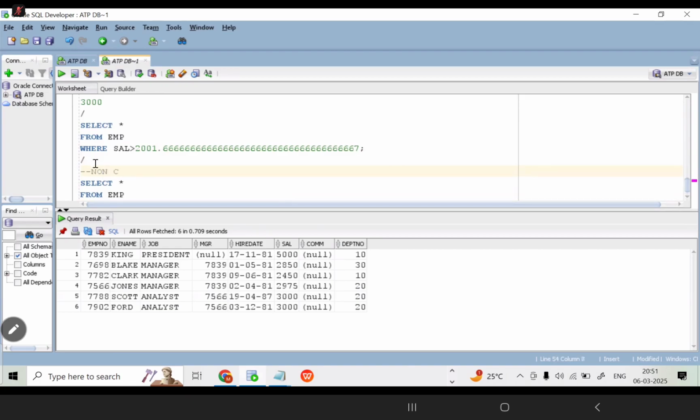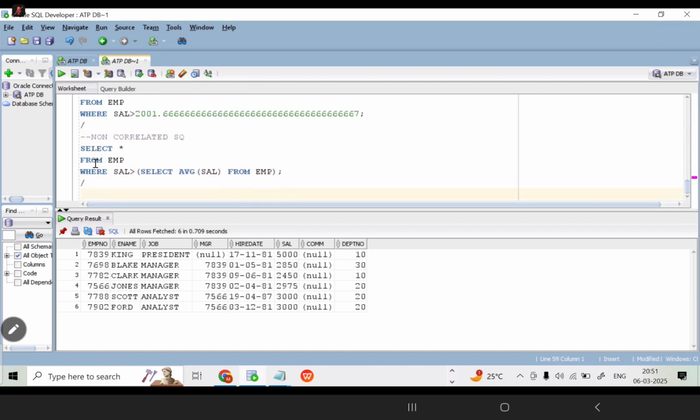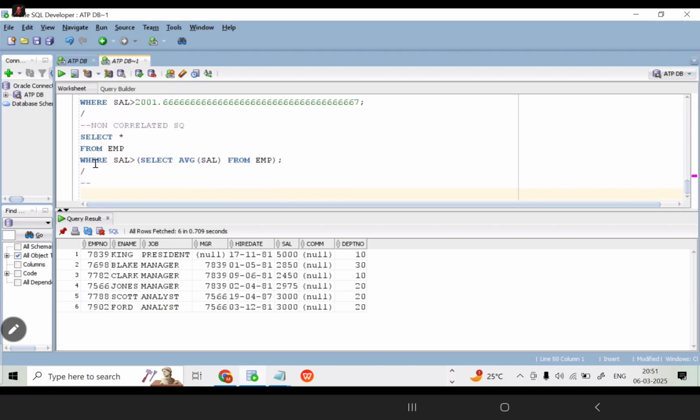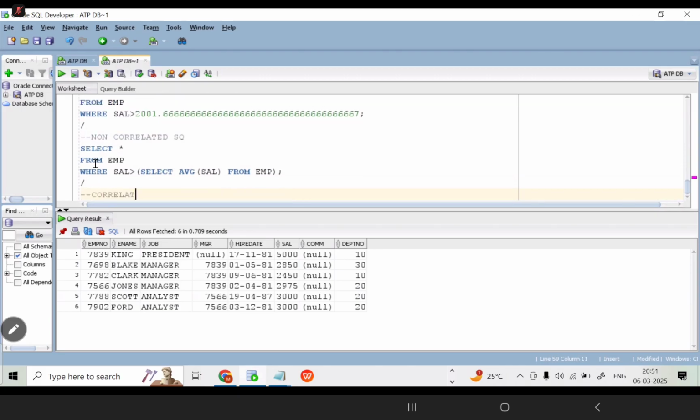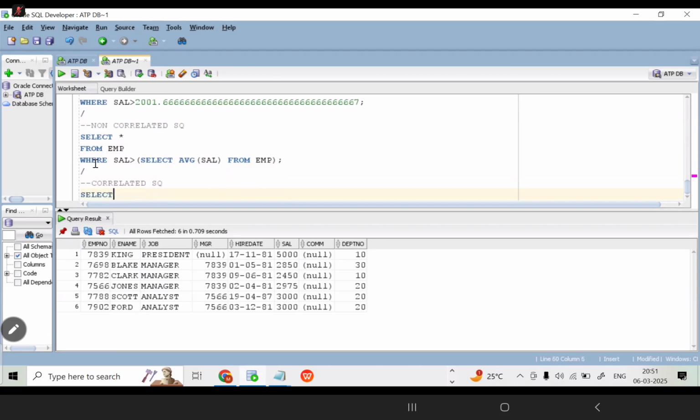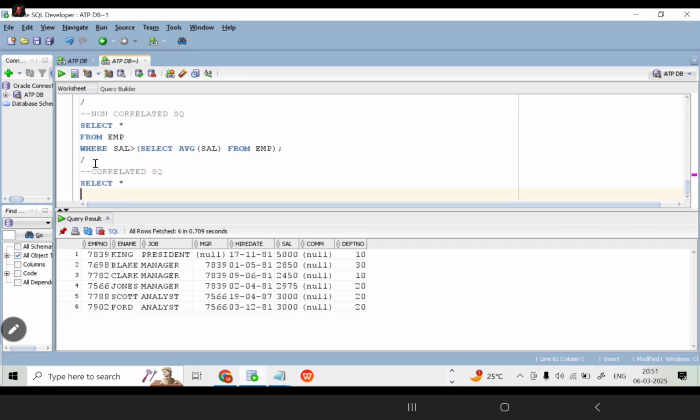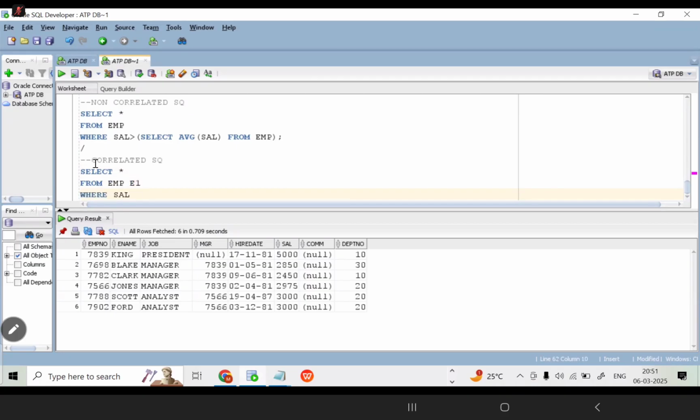How can we write the correlated subquery? Same thing as the non-correlated subquery. How can it be a correlated subquery for this type of scenario? I'm going to write it here. Correlated subquery, how can we write it? Select star from EMP, I can give the alias name E1, where salary greater than